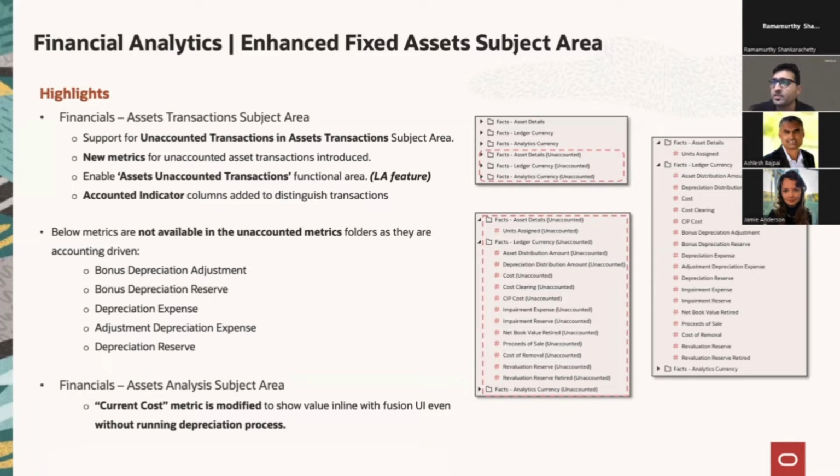For example, if you're enabling this functionality, you would get to see all the unaccounted information supported through a separate set of metrics. And to really leverage this feature and distinguish between your accounted and unaccounted records, you have an accounted indicator,